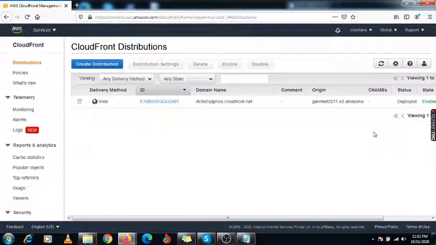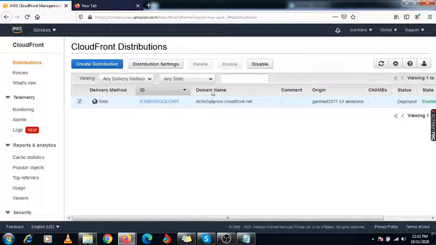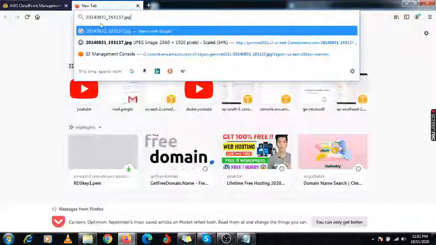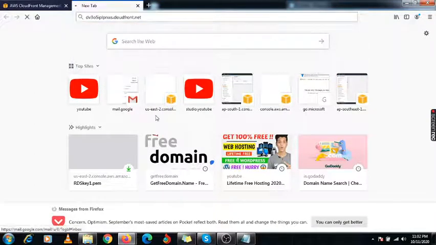Now the status has changed from in progress to deployed. Now there is the domain name option, so you will get this domain name. You just click on it and paste it into the web page. Okay, I pasted this and just enter it.